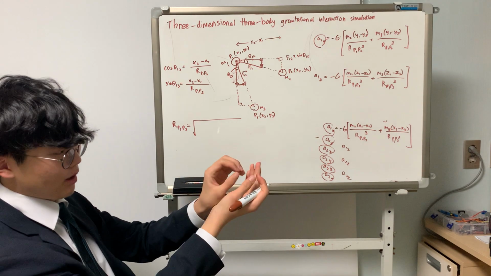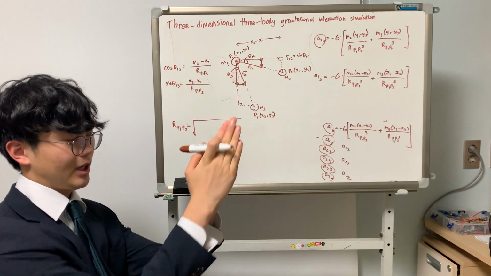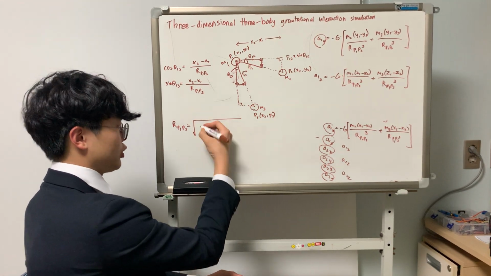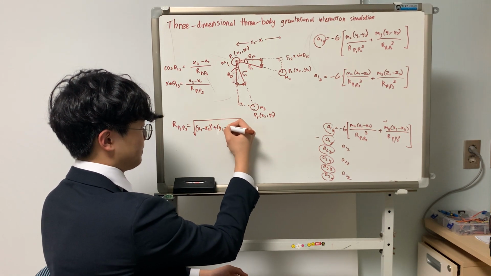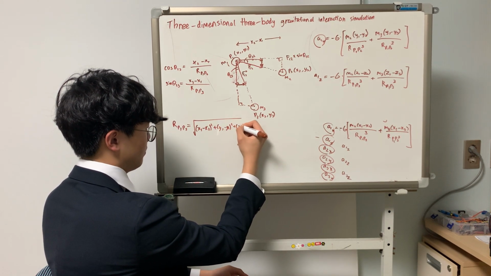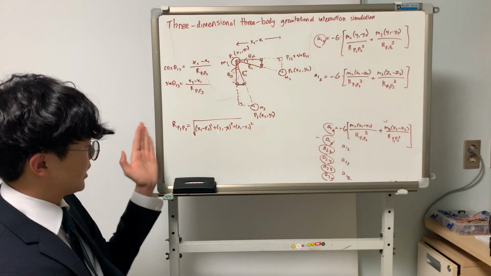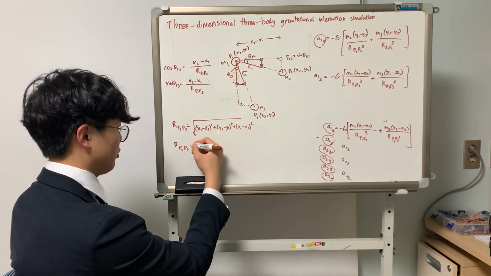So we're going to have to Pythagoras that, and then Pythagoras that inside. We'll have that squared, that squared, that squared, which looks like that. That's our p1, p2, and the same thing for p1, p3 is going to be